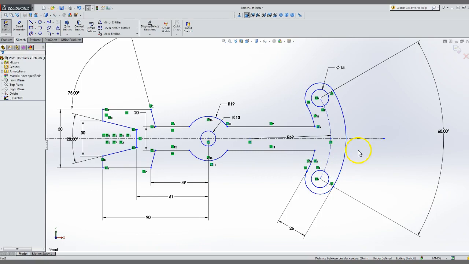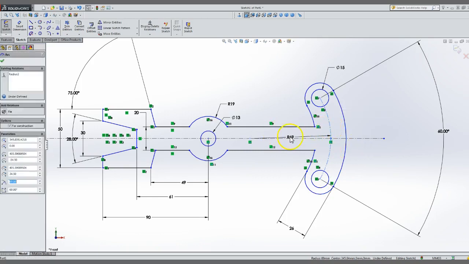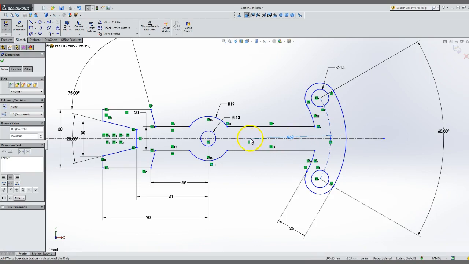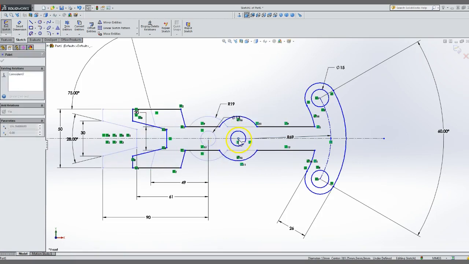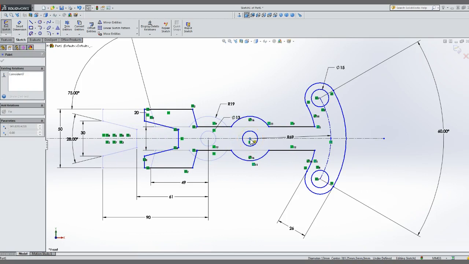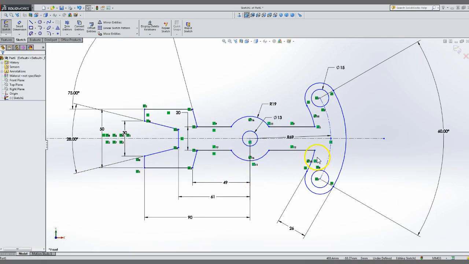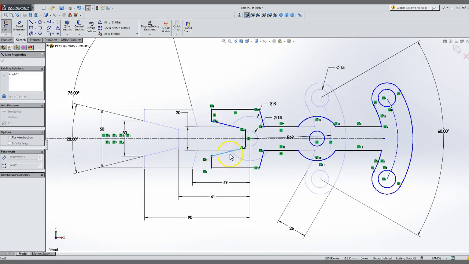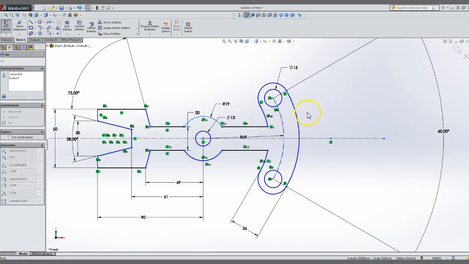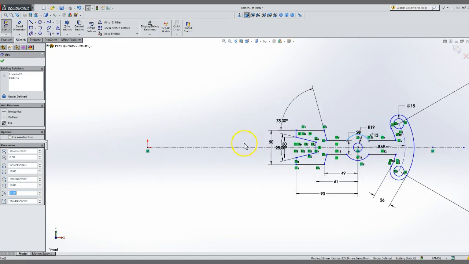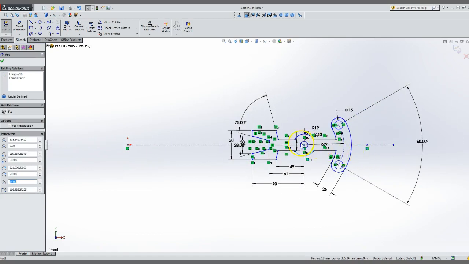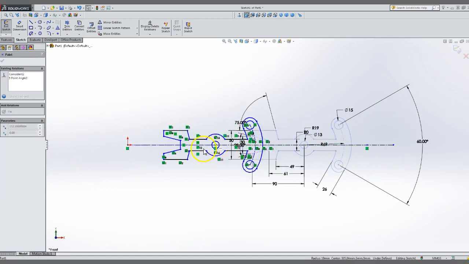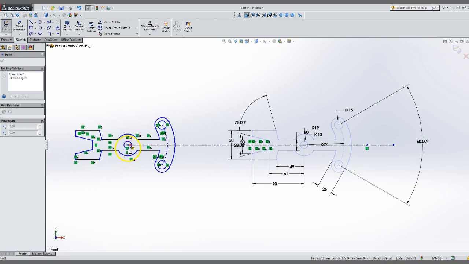So I think what I need to do is, if you look at this overall slot and this radius 69, see how its center point is here? Well, that center point should match up with this center point. So it looks like what I need to do is move this circle to where those center points are, then concentric. So now let's see what moves. Now it looks like the whole piece is moving together. And I bet the reason that the whole piece is moving together is because nothing is locked down to the origin. So now I can take this center point, slide it over here on top of the origin,